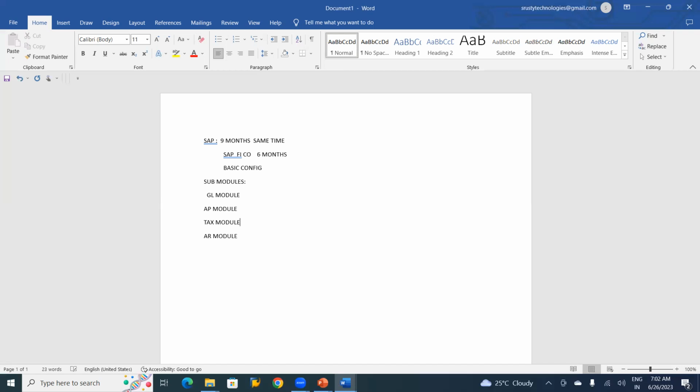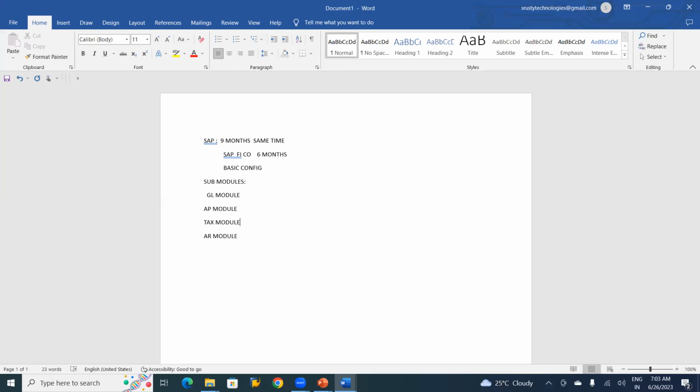Tax module. It could be anything. See, for example, tax module across the globe, the configuration, whatever. In India, we use GST tax, right? In China, we have the same, we call it a GST, but there is a GTS, Golden Tax System in China. So whatever it may be, US tax system or Australian tax system, the configuration steps are the same across the globe